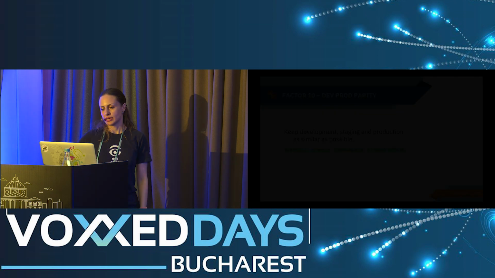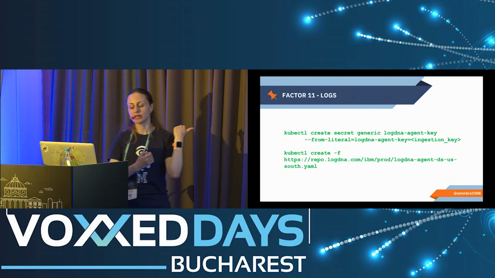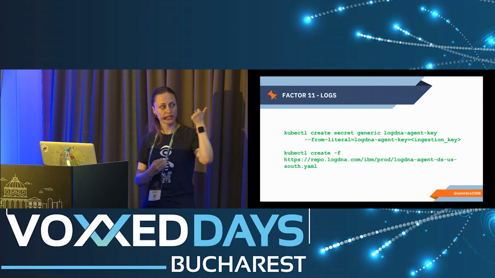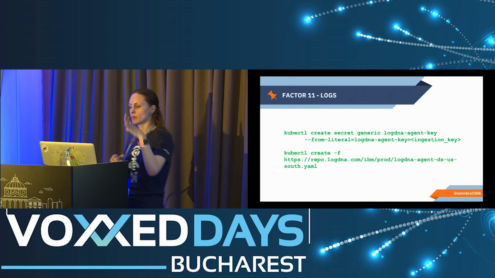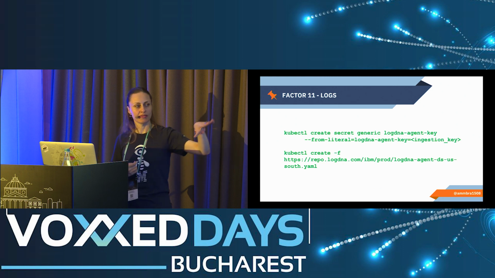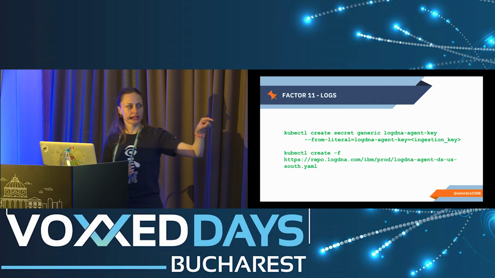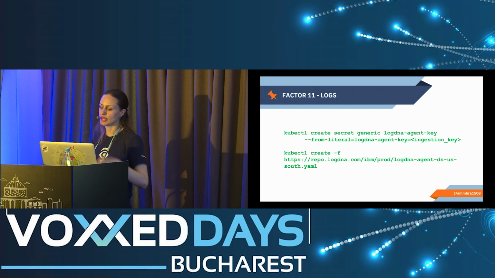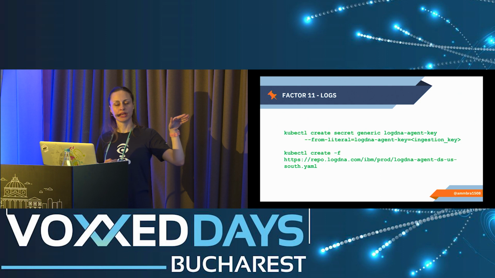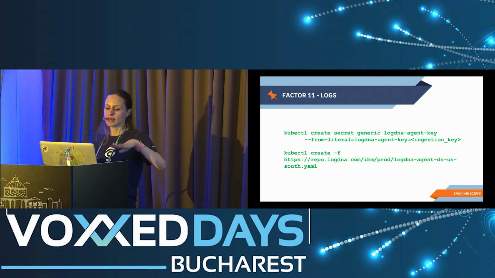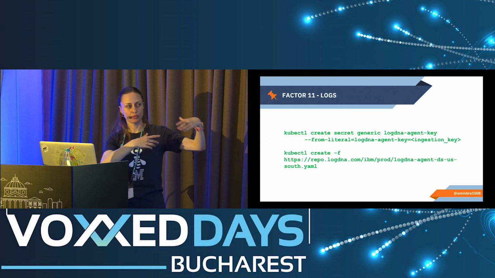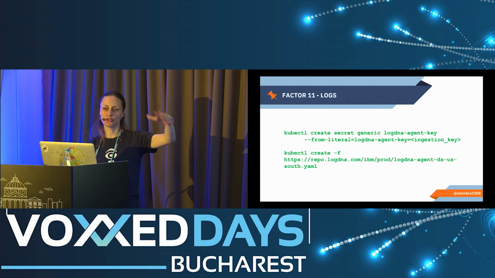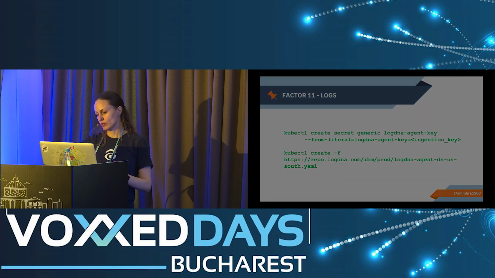And stream the contents of /var/log to the managed service. What this means is that I'm creating a secret so that I can bind myself to the managed service. And then after binding myself to that managed service, I can stream the contents of /var/log that I have inside my cluster by getting the definition of a daemon set from that location. That daemon set attaches to the worker node that I have, and is going to stream the contents of every pod I have in each namespace. If a new deployment gets applied, this daemon set is so powerful that it's just going to attach to the newly created deployment, and it's going to stream again the /var/log to the managed service. And just to show you how this works,